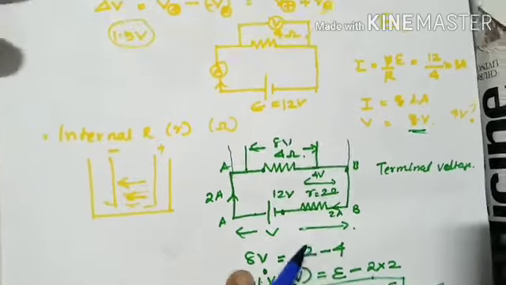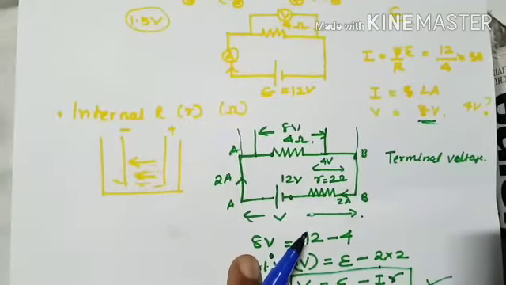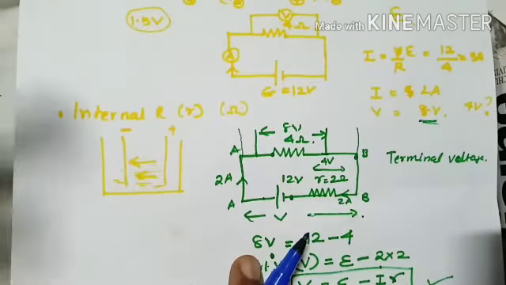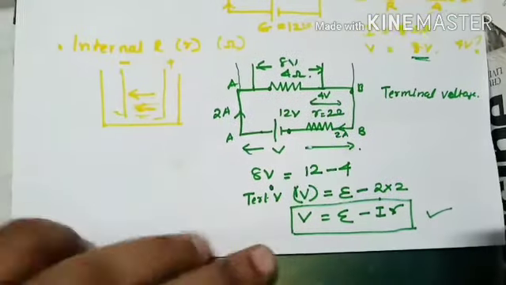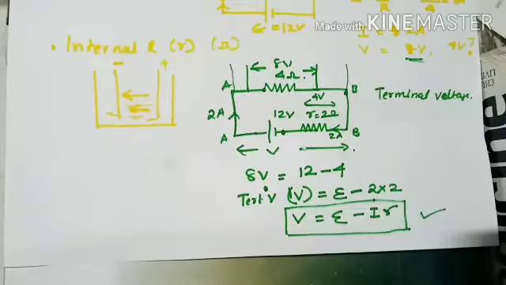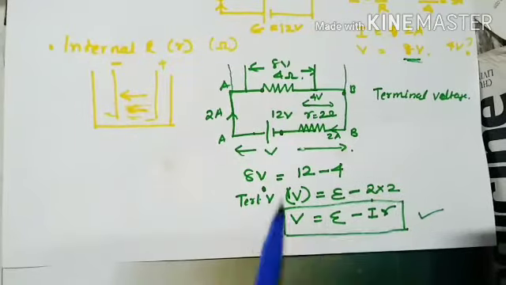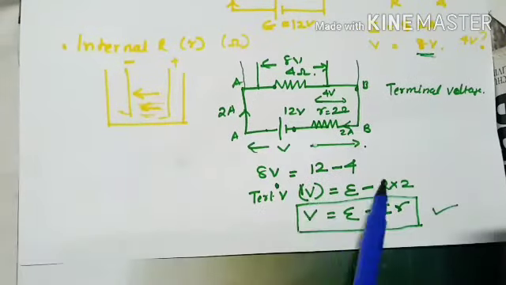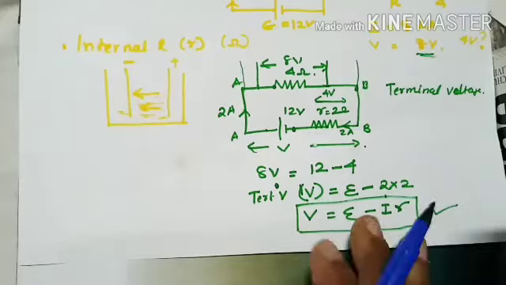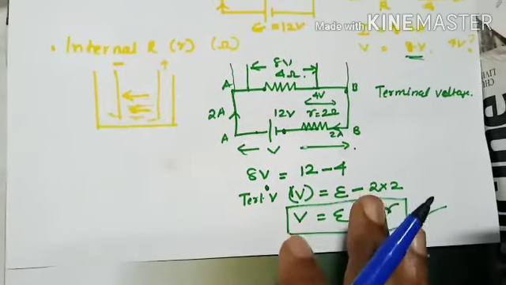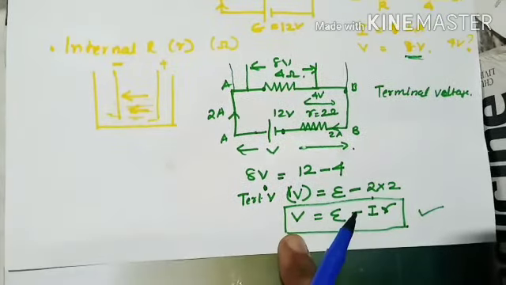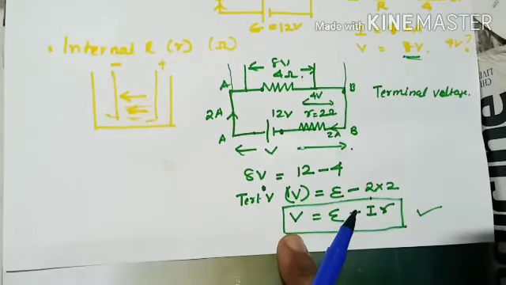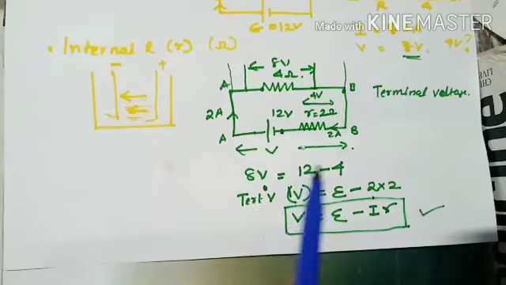So today morning we dealt with EMF. Then we dealt with terminal voltage and internal resistance, and we derived an equation like this: V is equal to E minus Ir, using a numerical problem section, right? So this equation we are going to generate by an actual way. That is, if you are asked to derive this relationship between terminal voltage and EMF, you are not supposed to explain it through this numerical method.